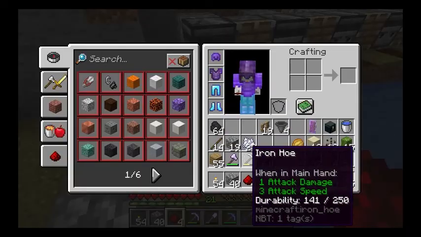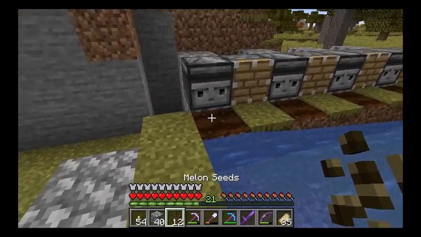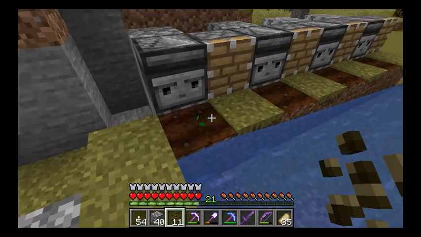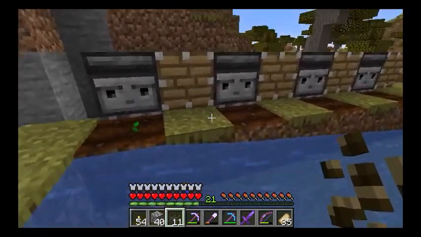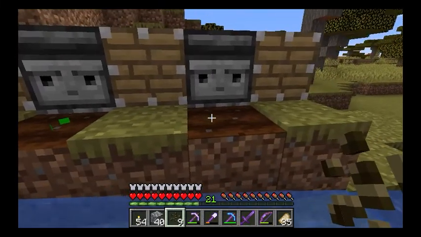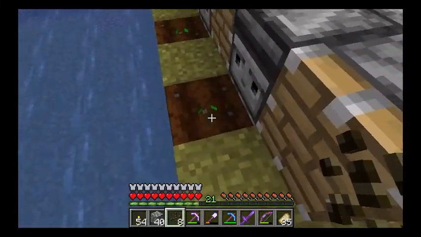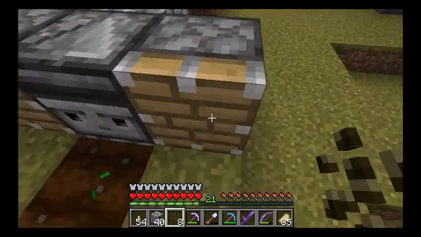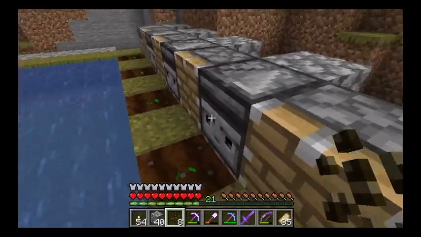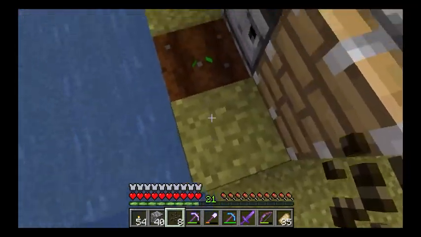All right, so now you want to plant the seeds. Okay, and you know it's working when you plant it and the pistons activate. Okay, now notice when this grows, the pistons on either side will activate because you're not sure where the